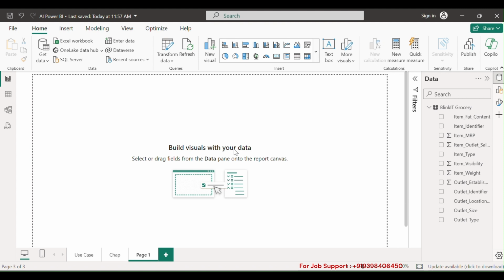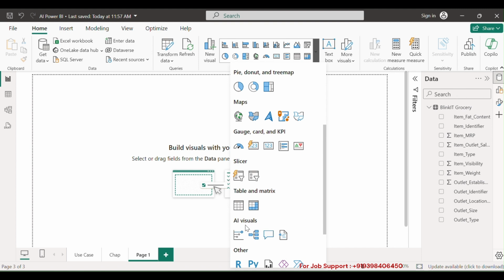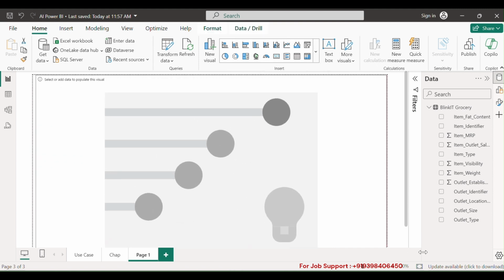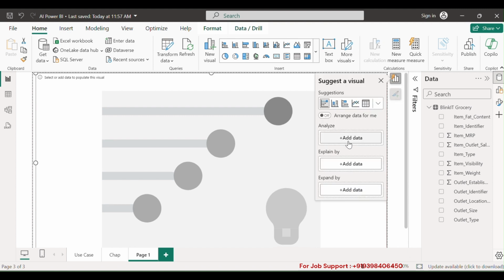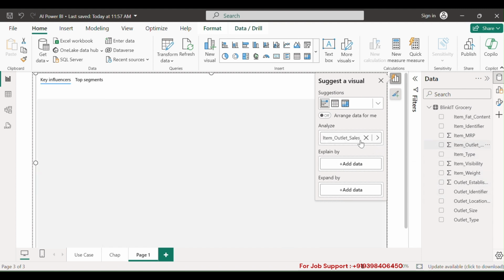Let's say I'm taking a new page here, and from your list of visuals you can select something called AI visuals. We have different AI visuals, and we'll definitely discuss each and every one in later parts of this series, but let's focus on Key Influencers. The fields we have are Analyze and Explain By. What do you want to analyze? I would like to analyze item outlet sales. This is one of the sales columns in the Blinkit grocery Kaggle dataset, and I would like to explain item outlet sales by, let's say,